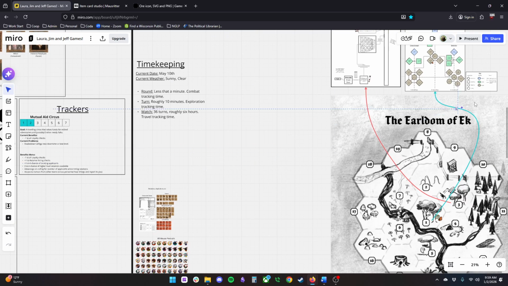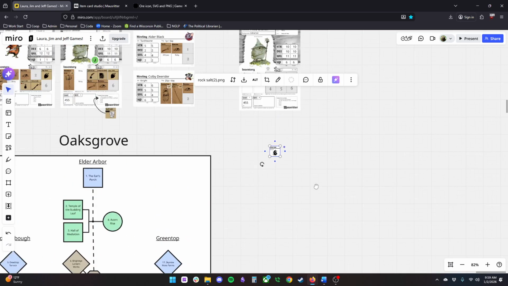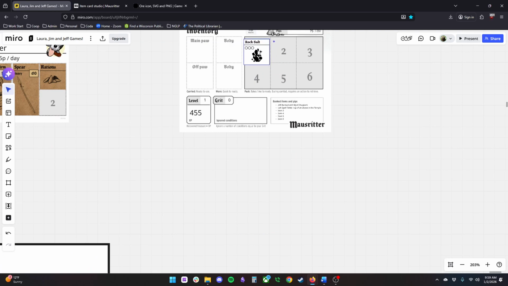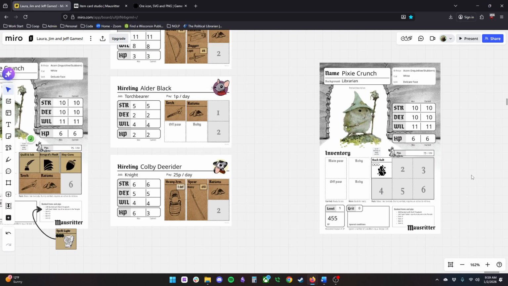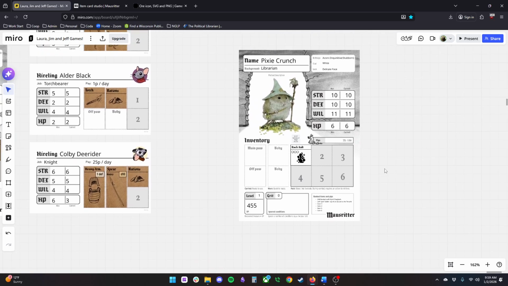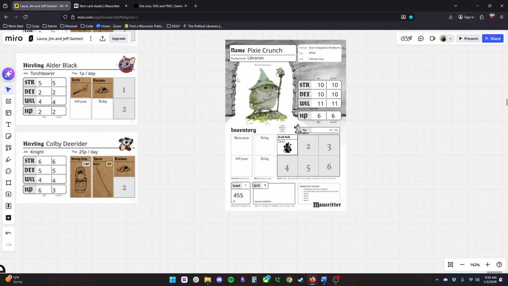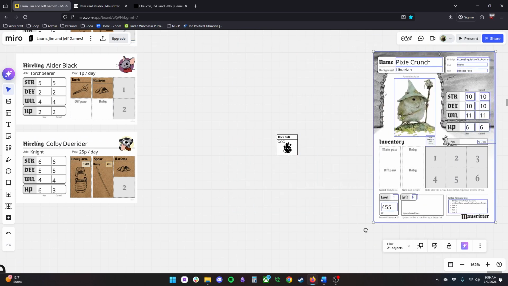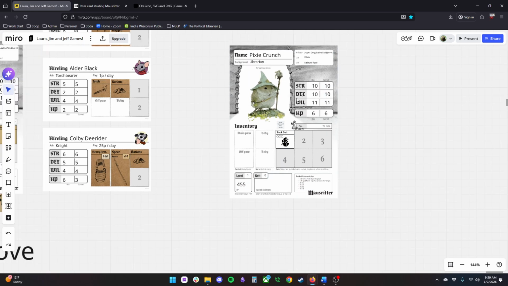So here you can see I'm zooming out, I'm dragging this item way over here and bringing it up here. And now Pixie Crunch the third has some rock salt. I'm literally just dropping it on this sheet. And so, I mean, that's really it. So now if the player picks up this sheet and moves it, that rock salt's going to stay, right? But you don't necessarily want to regroup the whole character sheet with the items on it